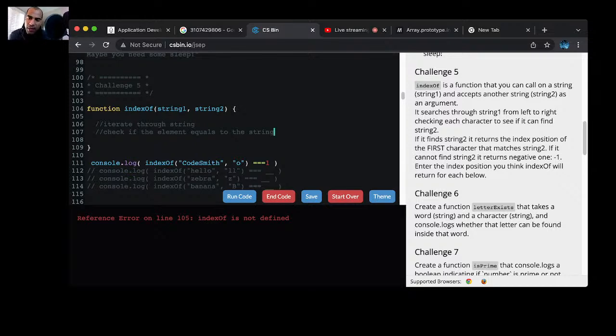What would be the best way to do this? I mean, a way to do it would probably be to go through a for loop and do it. However, maybe a better way might be to